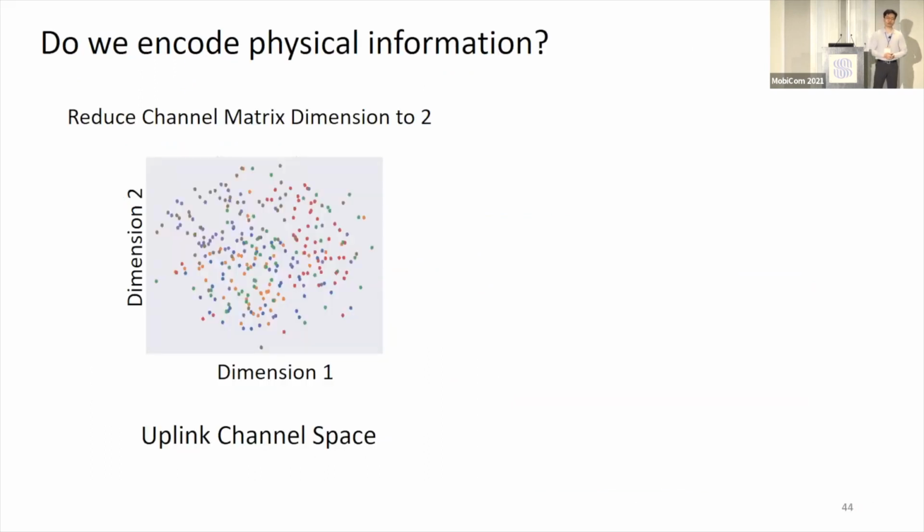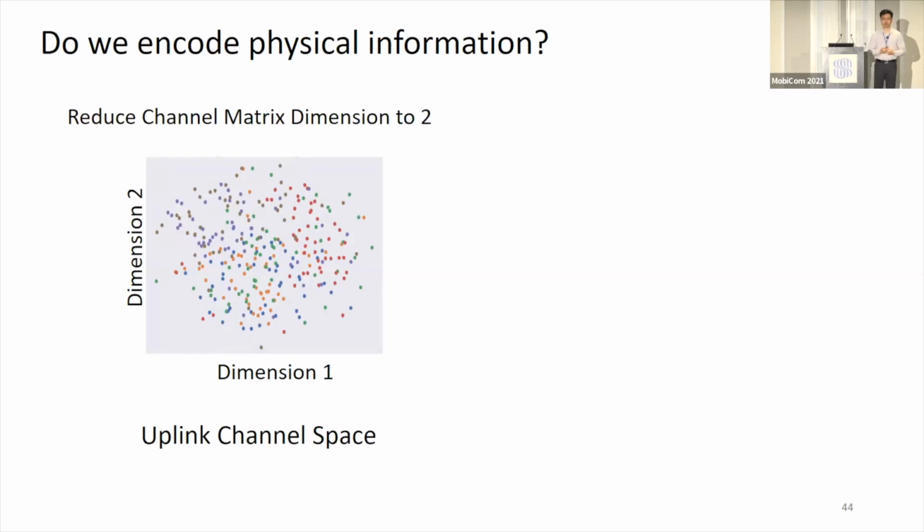Before diving into the evaluation details, do we actually encode the physical information? So we conduct a simple showcase experiment. We collected channel values from the clients at 6 different locations, and we reduce these channel matrices' dimension to 2 in order to plot them. As you can see, different colors represent different clients, and this figure shows intense entanglement on the uplink channel space